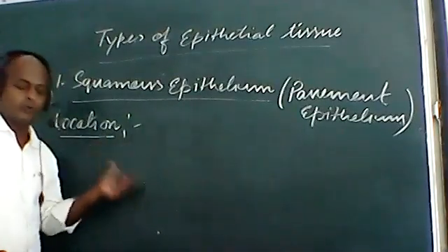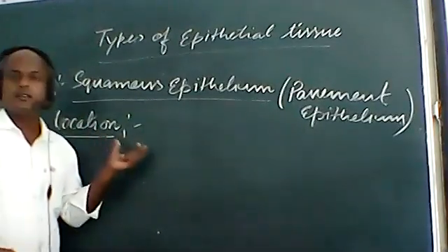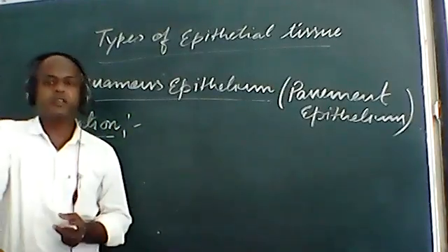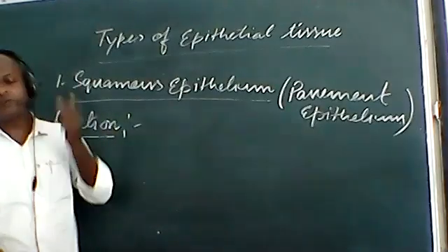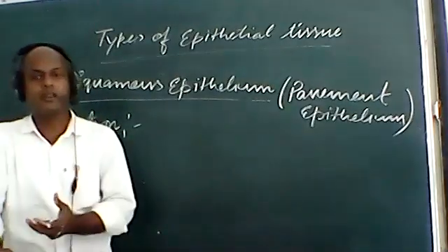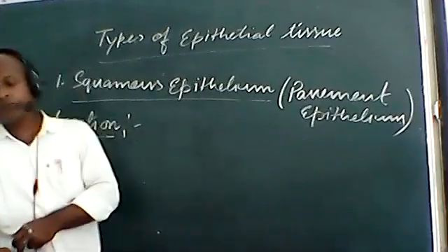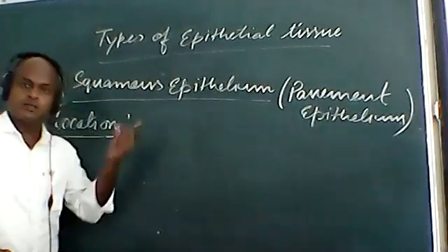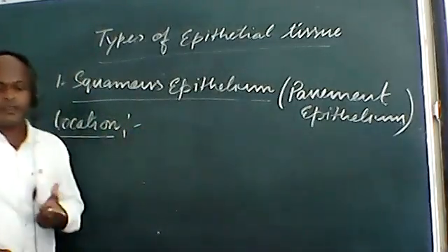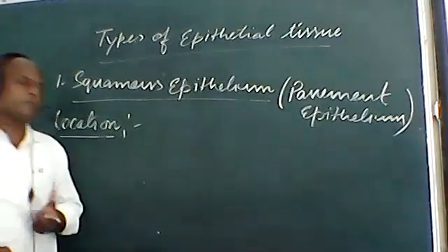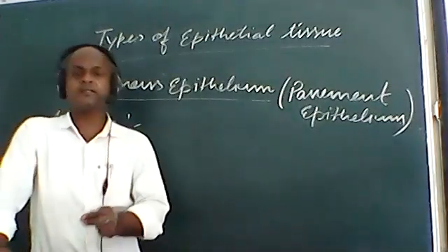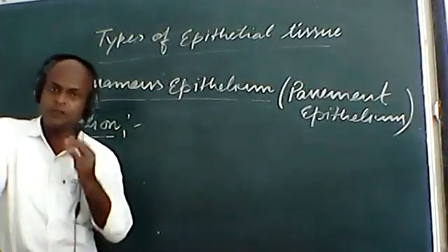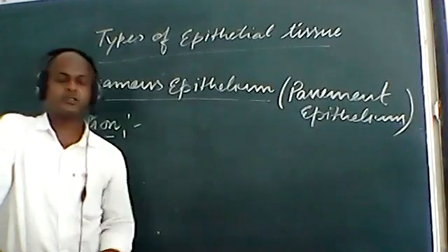Let us see. We have to study about the location. As we have discussed, this squamous epithelium tissue is present in the inner, most of the inner part of our body, like the lining of nose, pericardial cavity, blood vessels, lungs alveoli, Bowman's capsule, bronchioles, and coelomic cavity. With this, the stratified squamous epithelium is present at those places where there is requirement of thick covering for the protection, for more support.